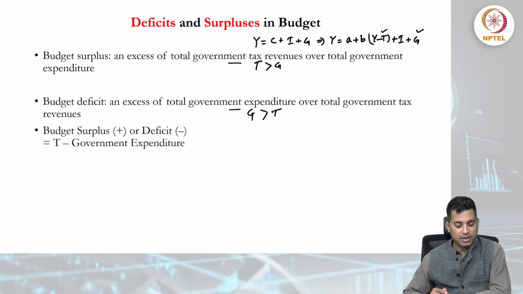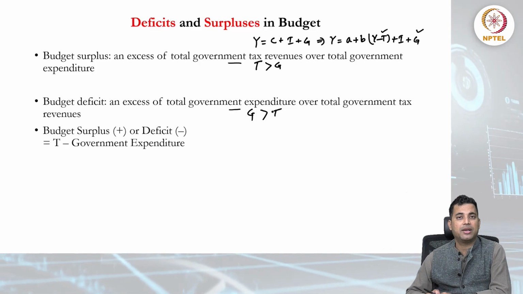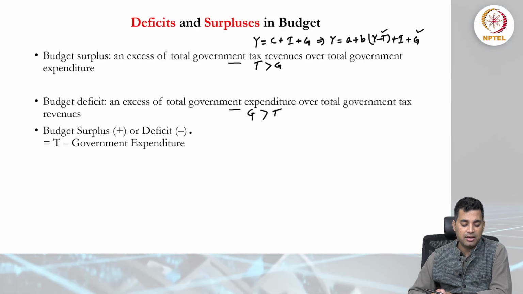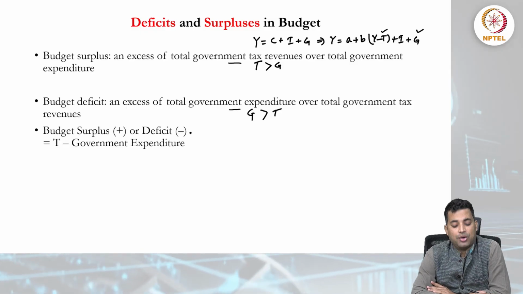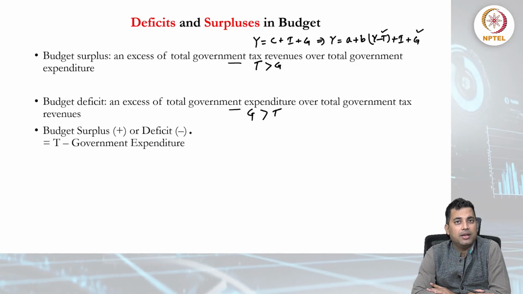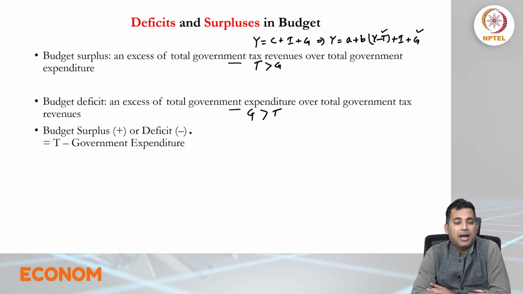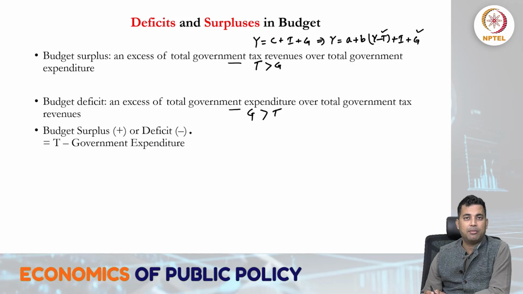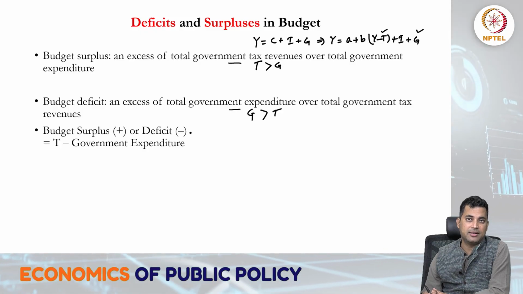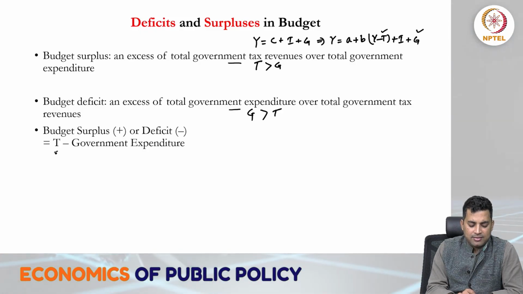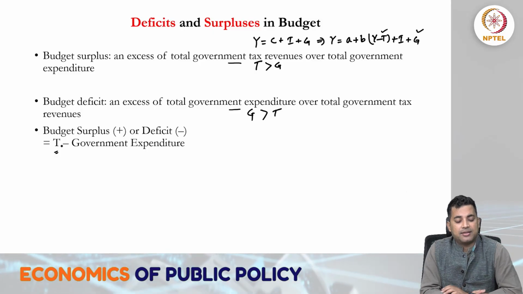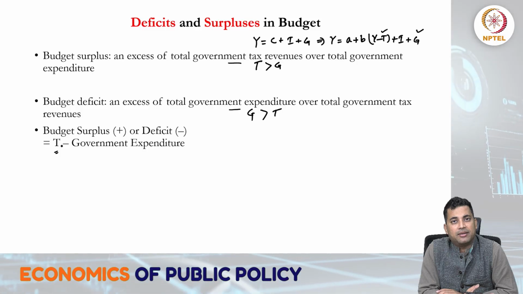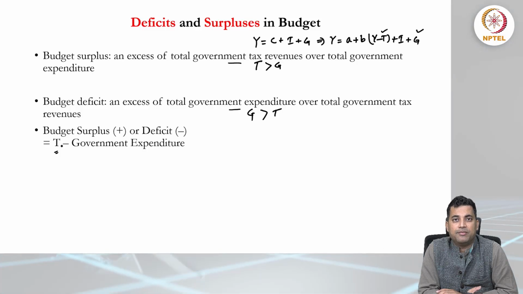When we talk about budget surplus, generally we denote it with a plus sign, and deficit with a negative sign. The way in which we write a budget surplus or deficit is T minus G. Ideally tax revenue has to be higher than the government expenditure, and then it will be positive. If it is negative, then certainly it is a deficit. So this T is tax collection, tax revenue, and government expenditure could be whatever the government spends, government spending on various